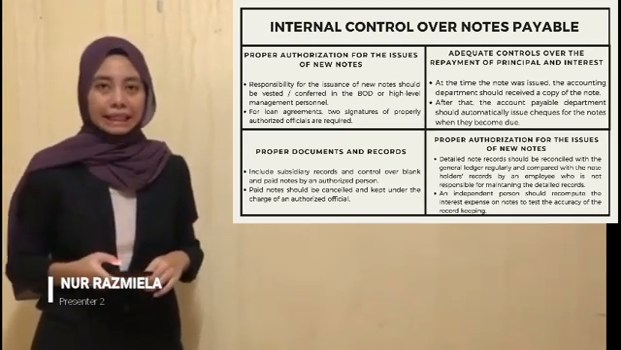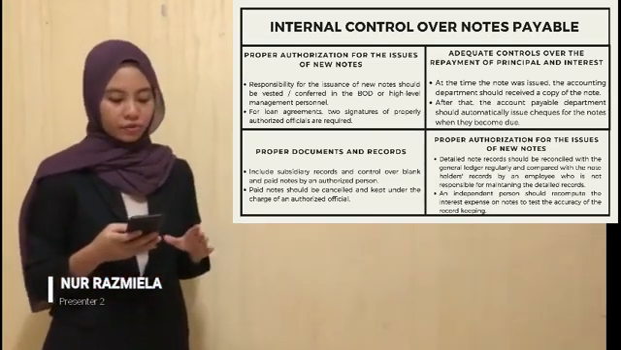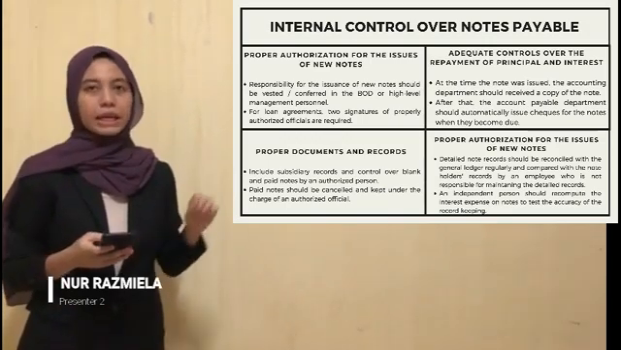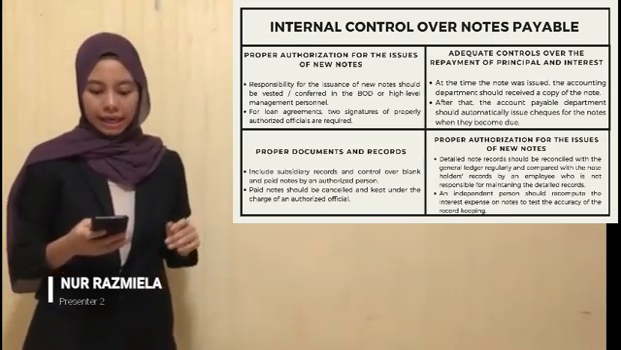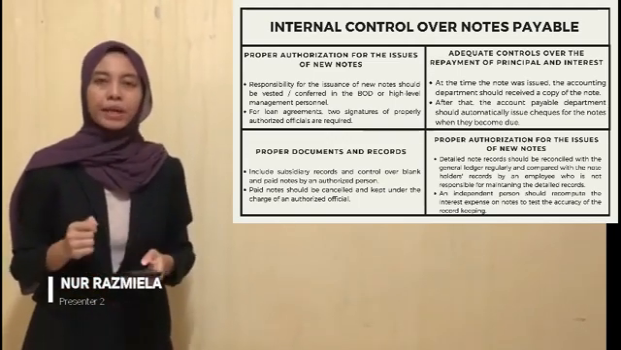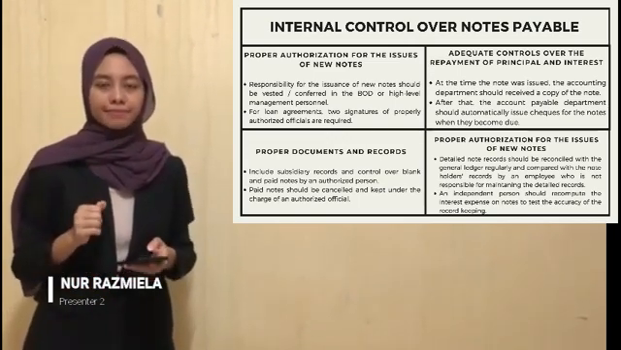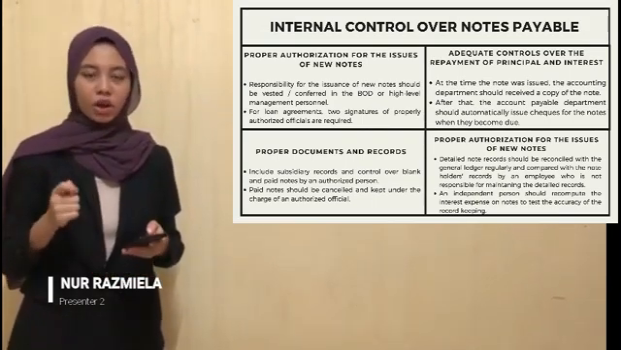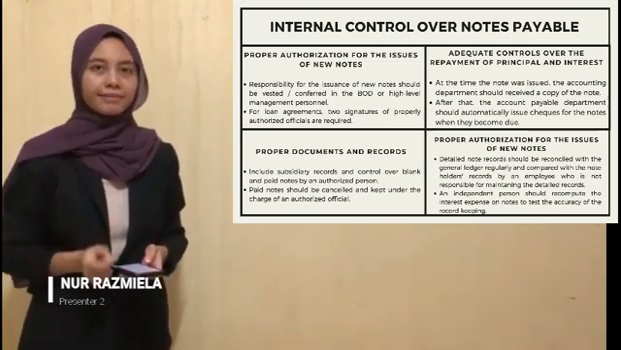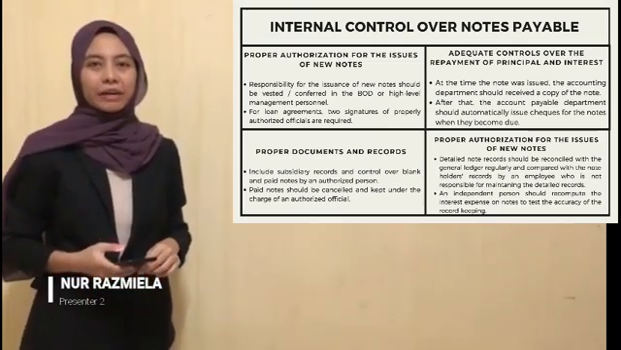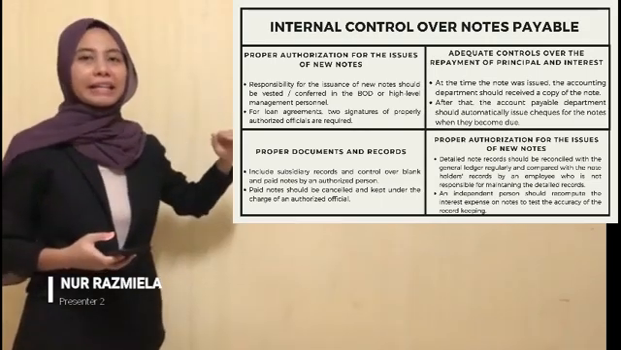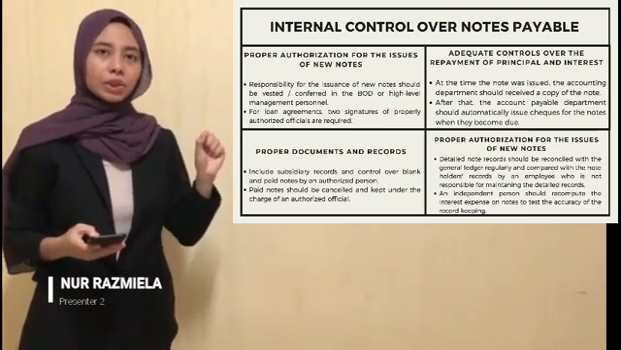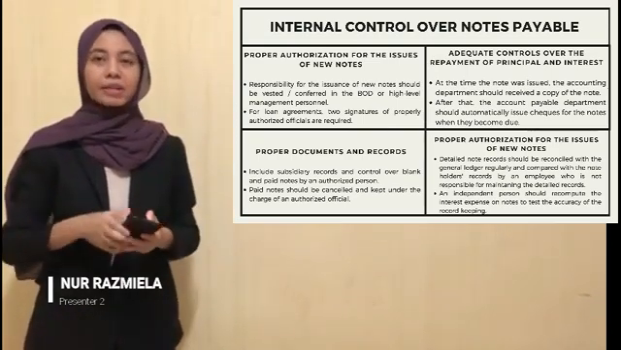So for the third objective, the explanation is regarding the proper document and records, which includes the subsidiary records and control over blank and paid notes by an authorized person. So paid notes should be cancelled and under the charge of an authorized official. Last but not least, regarding the periodic independent verification, the detailed note records should be reconciled with